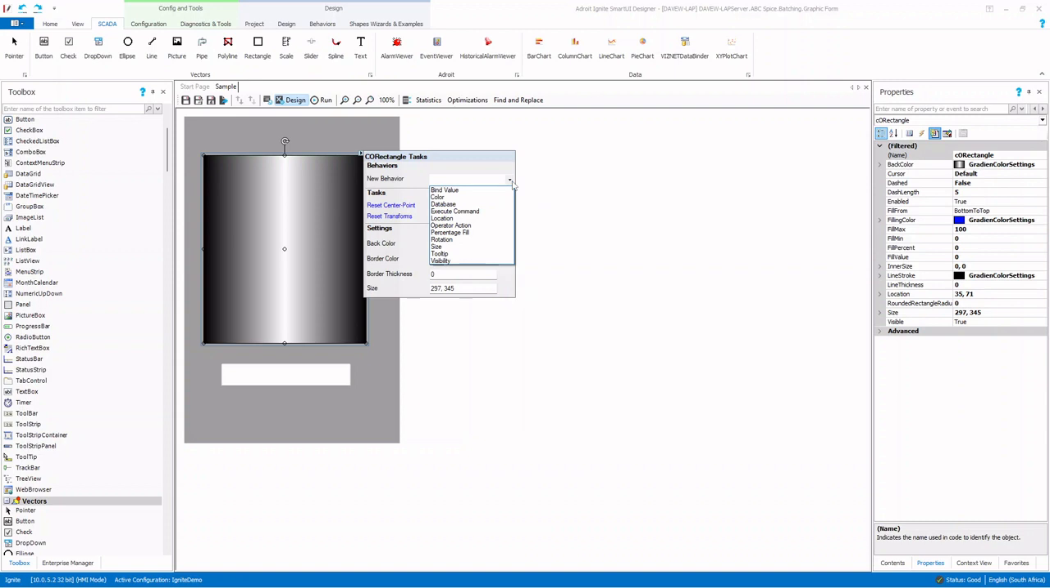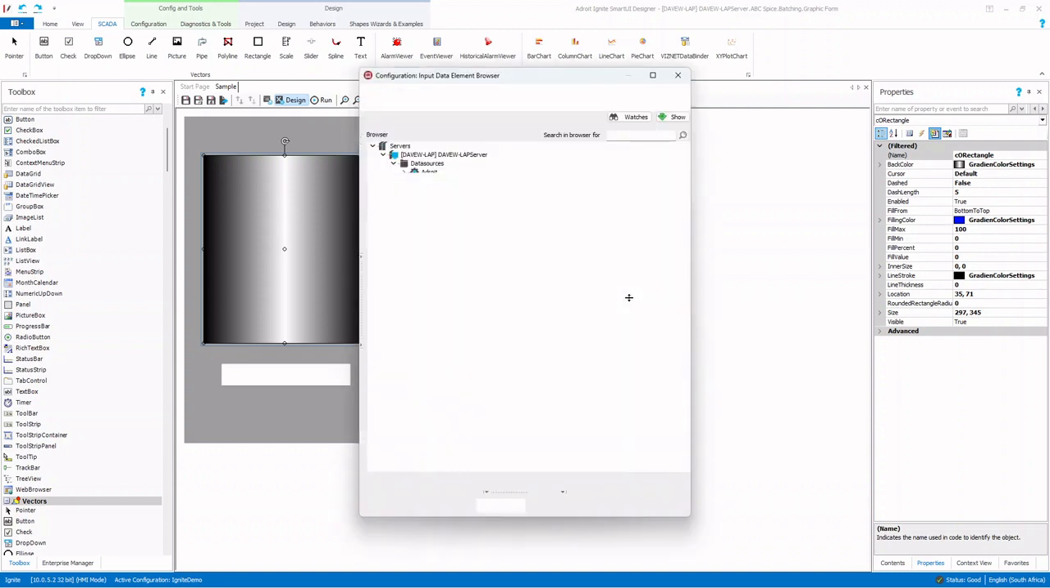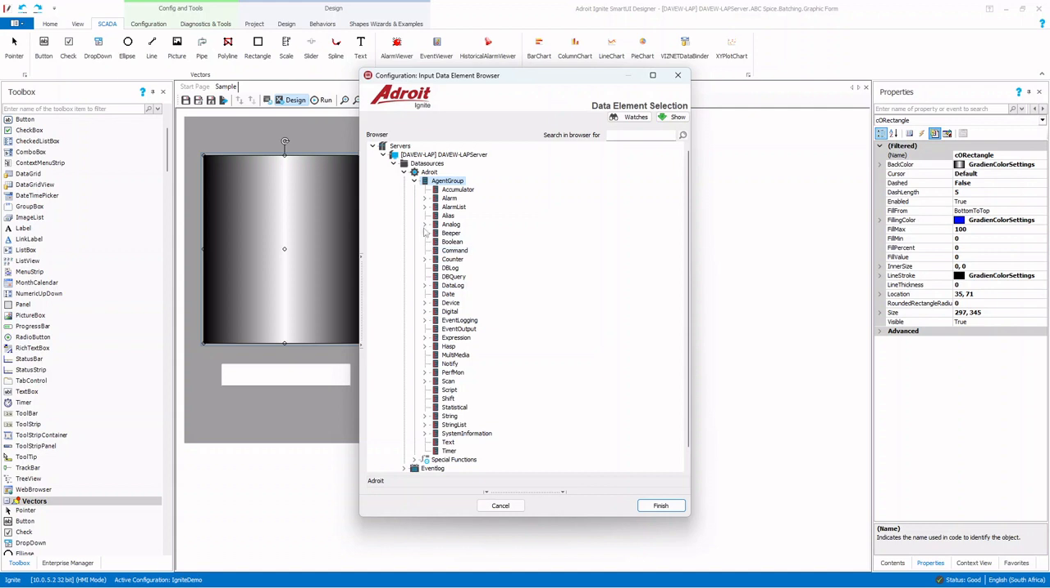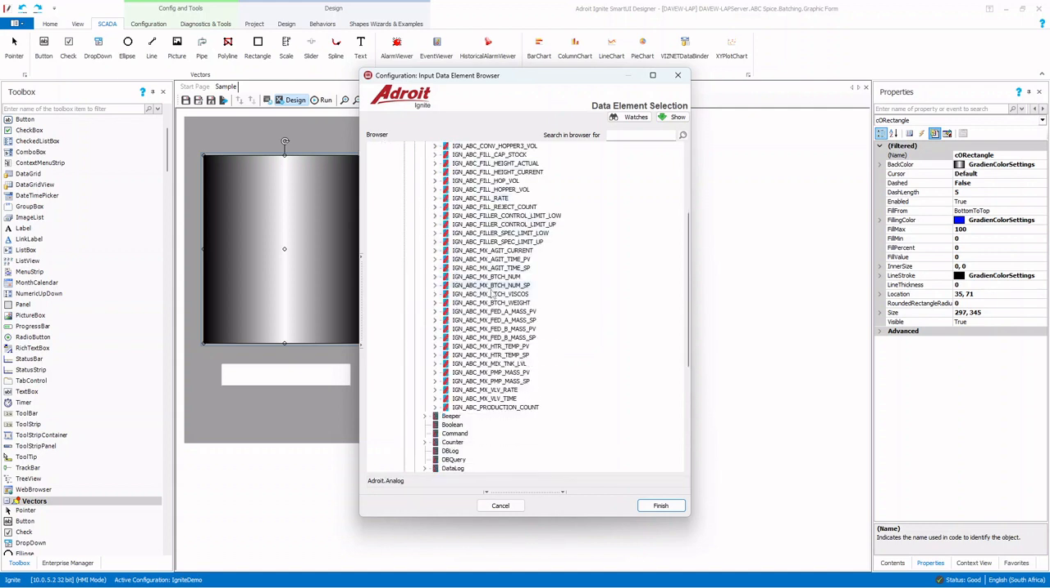This is where you get a list of the types of behaviors you can put on this object. It'll act like a button if I want to execute a command or do an operator action. In this scenario, I would just like to put a percentage fill. It prompts me for a data element. I'm going to browse in from my agent list, which is the list of analog agents in this scenario in my batch OPC server, which I have created tags for. Select batch weight,